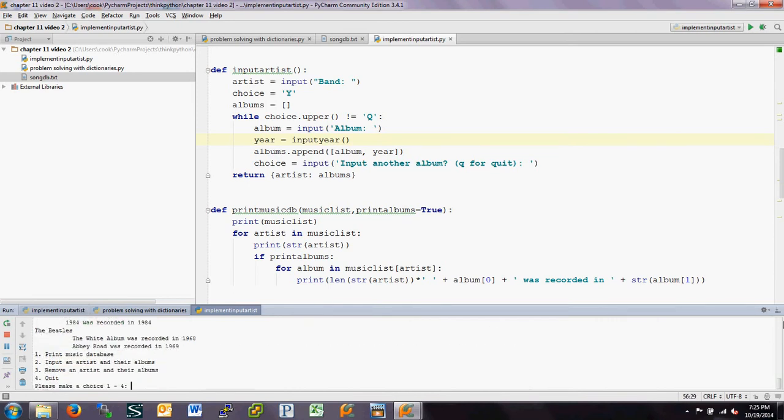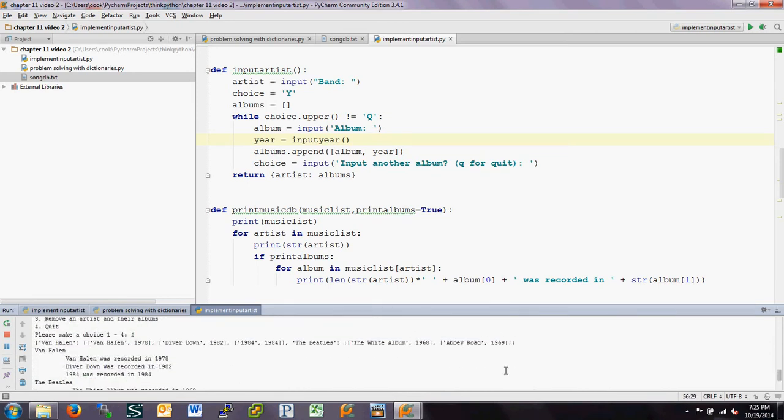So I want to look at that dictionary. It's funny, you cannot guarantee the order of things in dictionaries. I ran this before, and it put the Beatles first, and now it's putting Van Halen first. But I want to emphasize that you have two keys in here now, two bands, Van Halen and the Beatles, followed by a colon, and then the values are a list of lists. And each list in here is an album. Title, year, title, year, title, year. So it's important you know the structure of this